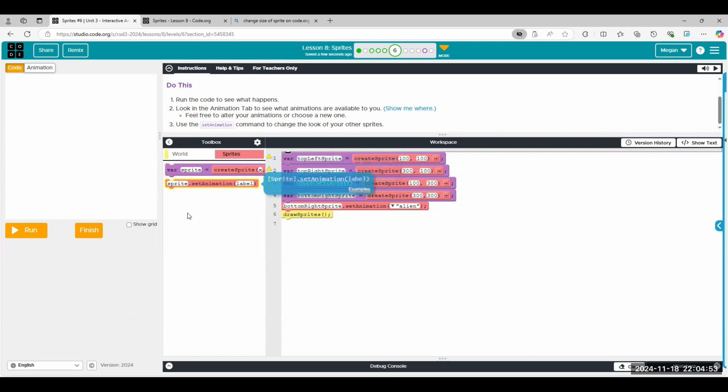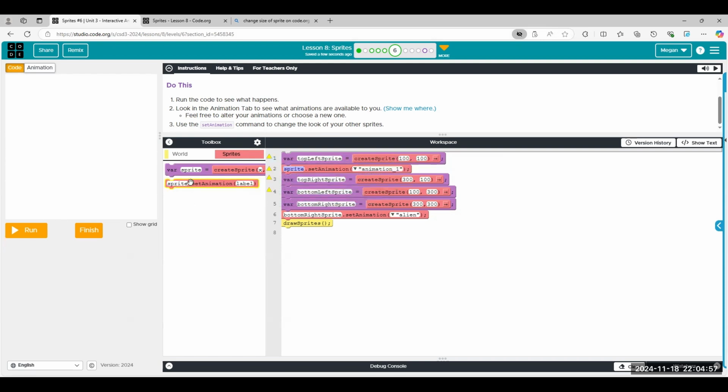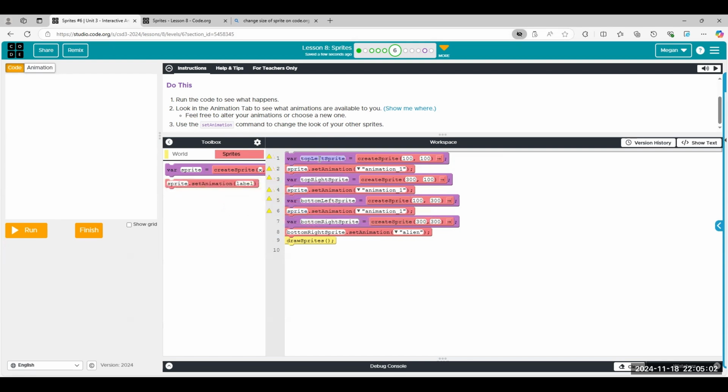All right, so we need to add our set animation commands. I'm just going to add them all. And then we want to copy and paste. It's easier if you copy paste rather than type it. That way you can avoid typos. All right, so now we've copy pasted all of our